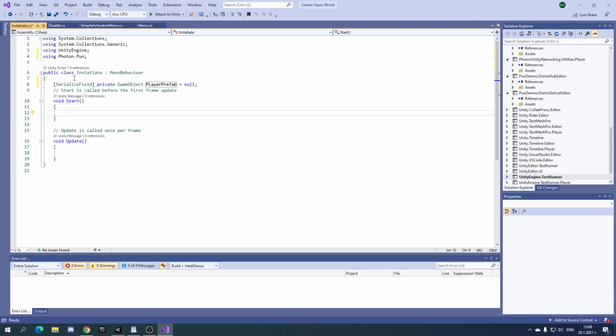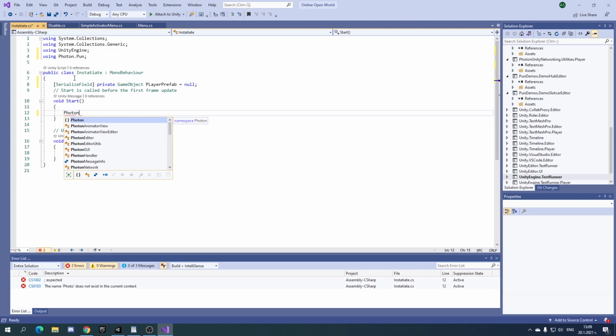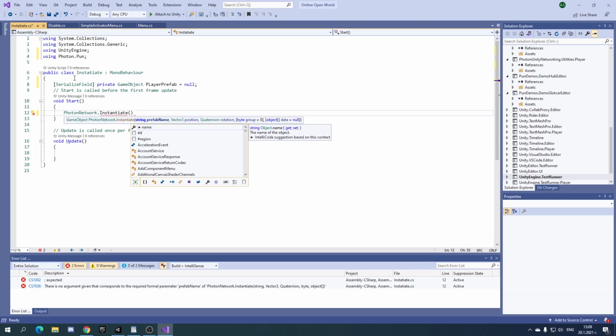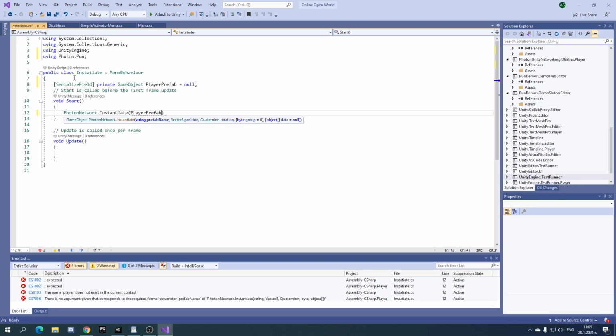And then in the void start, say PhotonNetwork.Instantiate, which is basically like the Unity instantiate, but it instantiates for every player, so that every player can see what is instantiated. So playerPrefab.name,